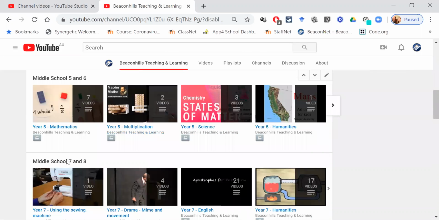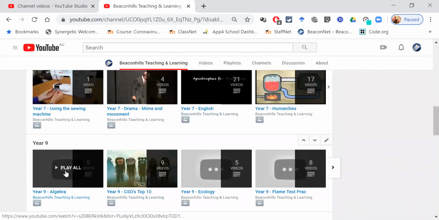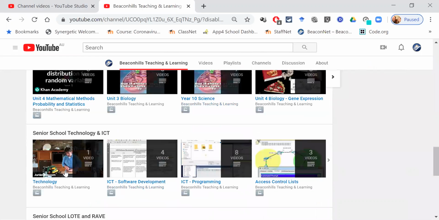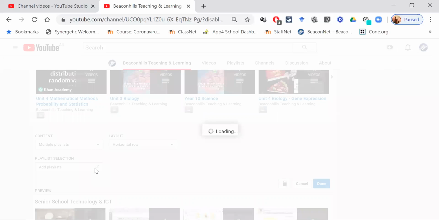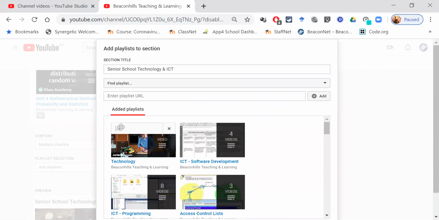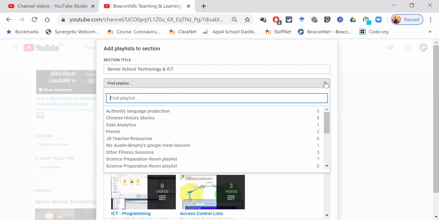We'll go down. You can see here we have year 7 and 8, middle school, and so on. What I want to scroll down to is senior school, and I want to click on senior school, technology, and ICT. So at this point, to add the playlist to that particular section on our YouTube channel, I need to click the pencil, and it asks me to add a playlist. Now, what we could have done is, once we finished our playlist, we could have simply copied the URL and pasted it here. However, you can also click Find Playlist, and